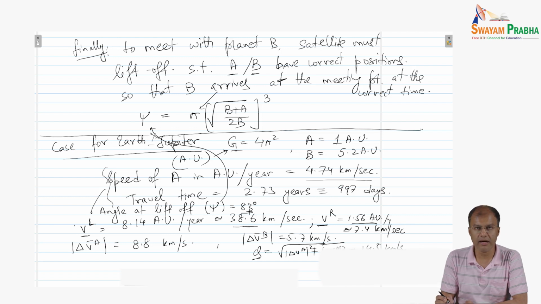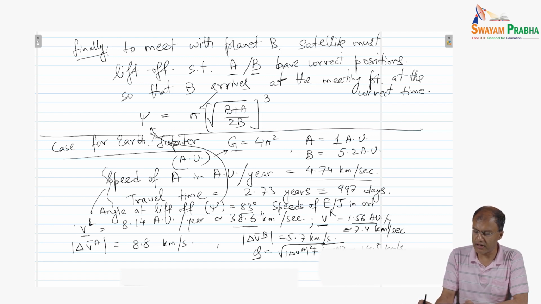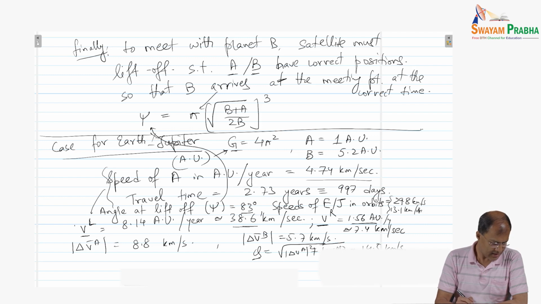So this is the optimal angle that we need to observe. And the speeds of Earth and Jupiter in their orbits. The orbital speeds around the Sun are given by 29.8 kilometers per second and 13.1 kilometers per second. Okay, and then it turns out that